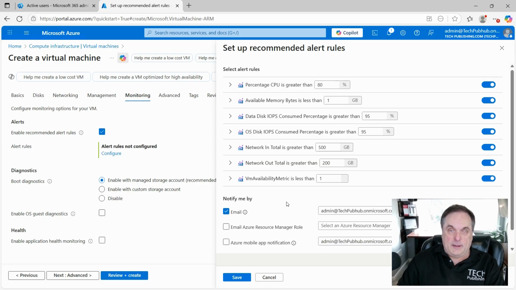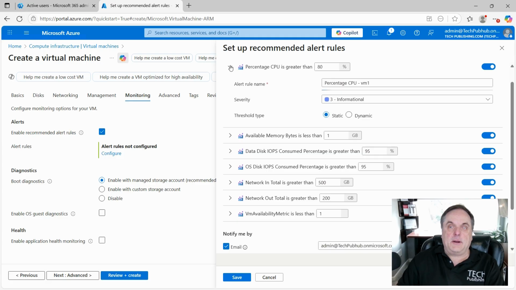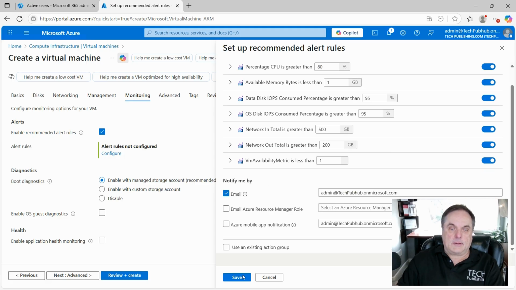That's going to be another one. You can see all these different areas are going to trigger alerts, and you can say who it is you would like to have an email when that happens. You can also change this percentage that you see here, and you can add additional ones if you'd like. I'll click Save,